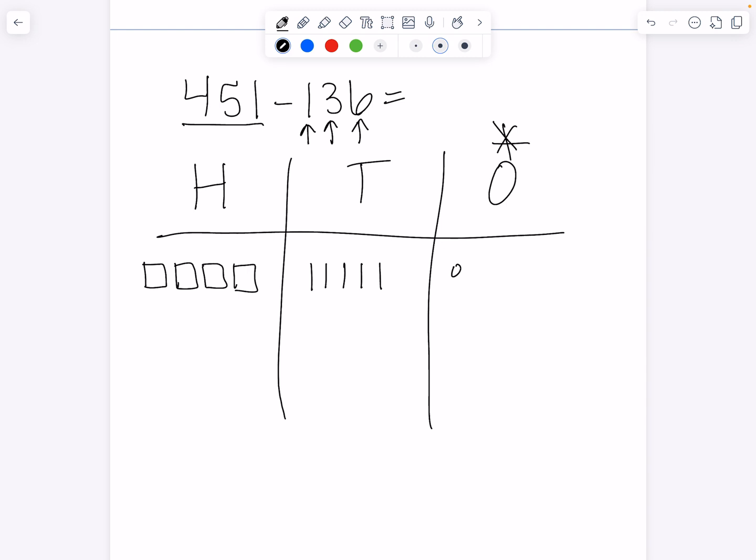Well, can I do 1 minus 6? No, I can't do that. But I know that I could subtract these numbers because I know that 451 is a larger number than 136. So I know I can do the subtraction. I just have to do some rearranging so that I'm able to show my work and do it. All right, so what I'm going to have to do is decompose one of those 10 sticks and trade it